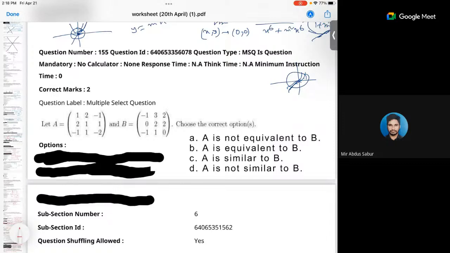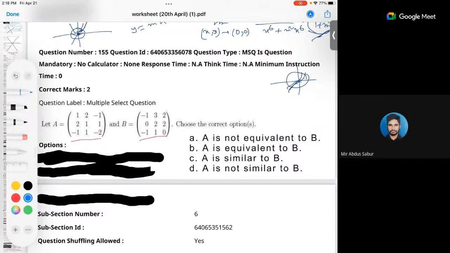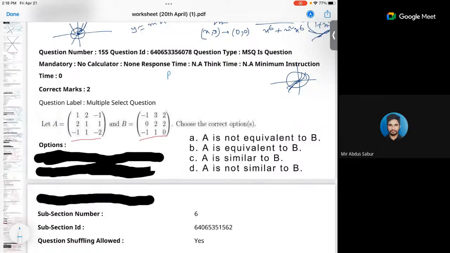Okay, I'm starting. See here, A and B, two matrices are given, and we need to check their similarity and equivalency. We can tell that if the ranks of the two matrices are the same, then they are equivalent. But for similarity, to disprove similarity, we can check through four properties. If one of them is not satisfied, then we can easily tell that these two matrices are not similar. But to prove similarity, we have to check there exists an invertible matrix P such that